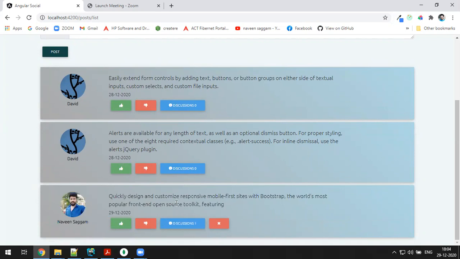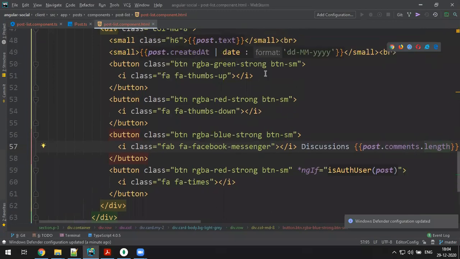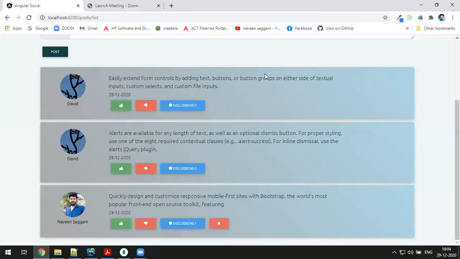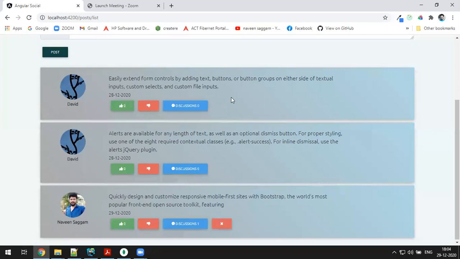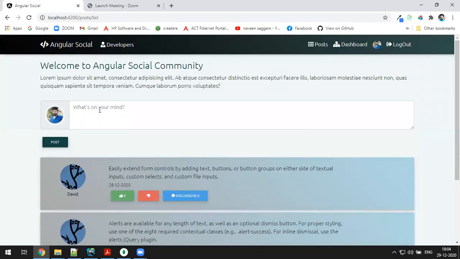Next, for likes, I'll display the expression post dot likes dot length. Okay, so all are zero likes. That's fine.